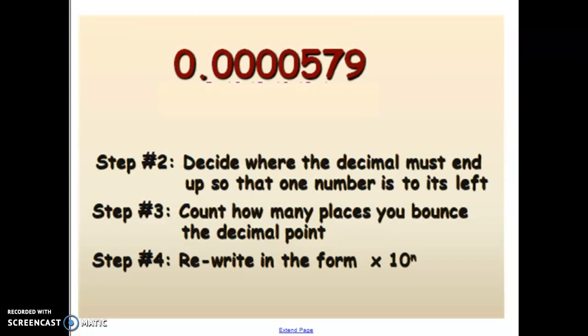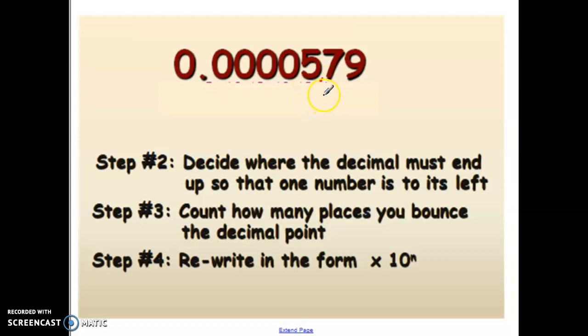So here we have a small value. Before we were dealing with a very big number, here we're dealing with a very small number. We want to put it in scientific notation still. So remember that means we want a number between 1 and 10. So here we have 0.0000579. If we were to move our decimal point here, this would be 0.579. If we move it here, this would be 5.79. This would be 57.9. So the sweet spot for the decimal is actually behind the number 5 because this will